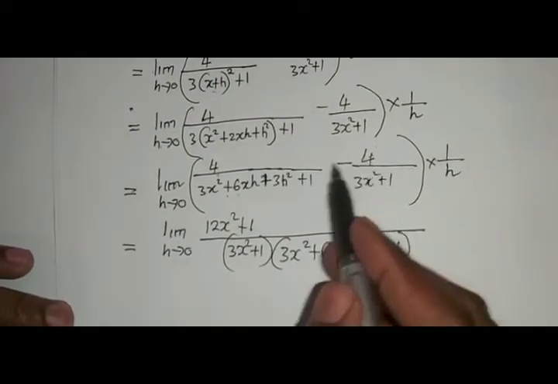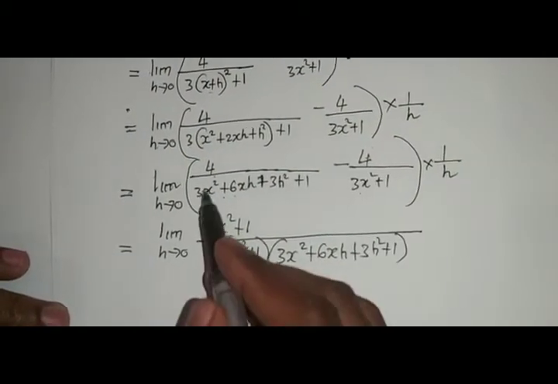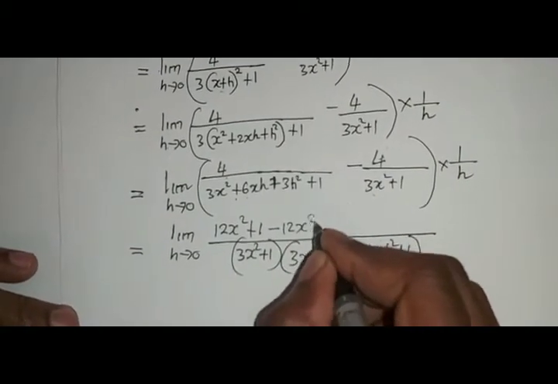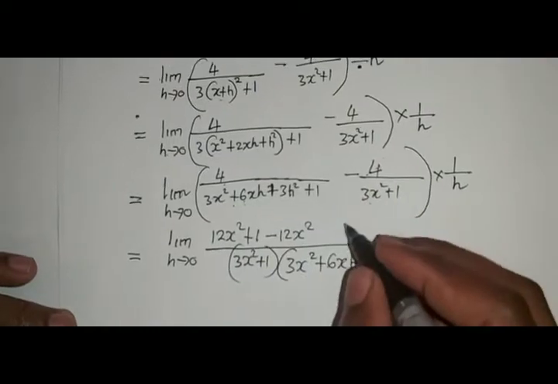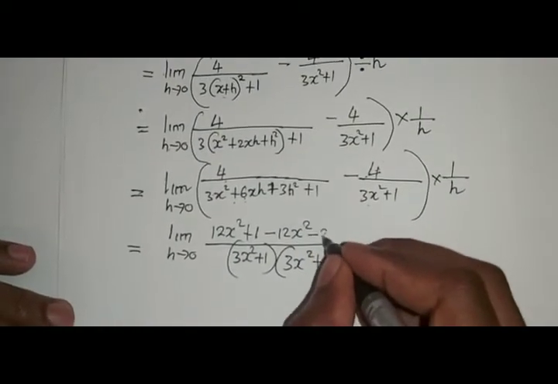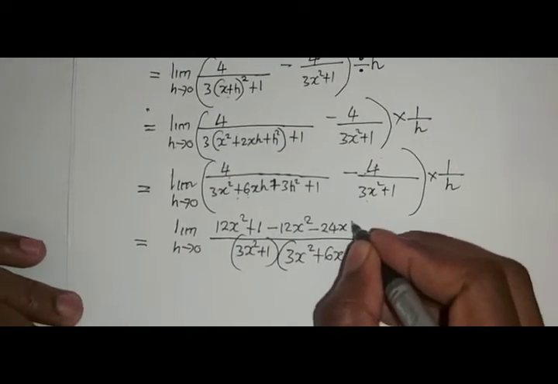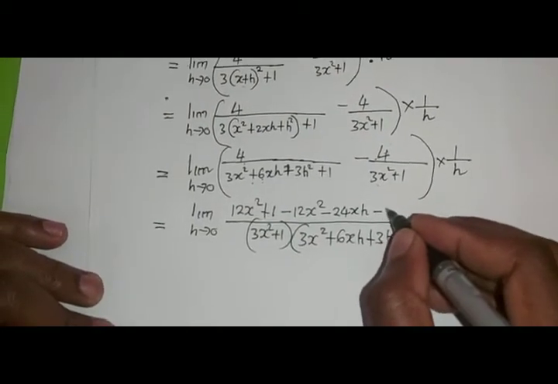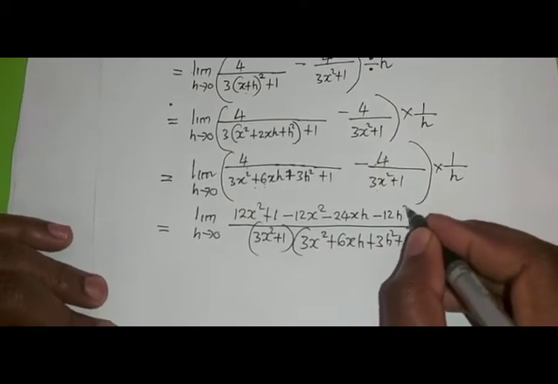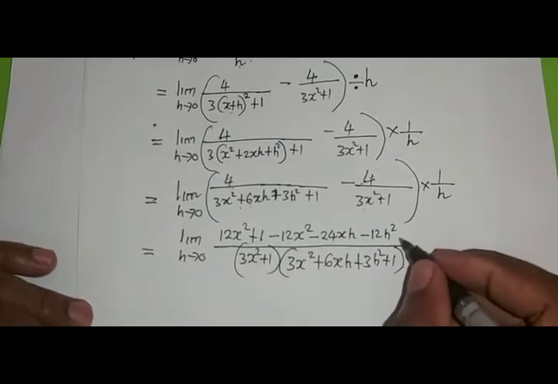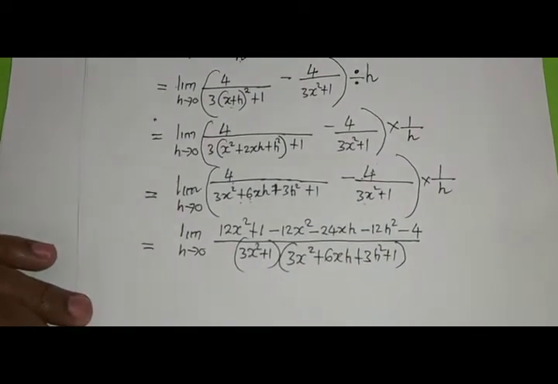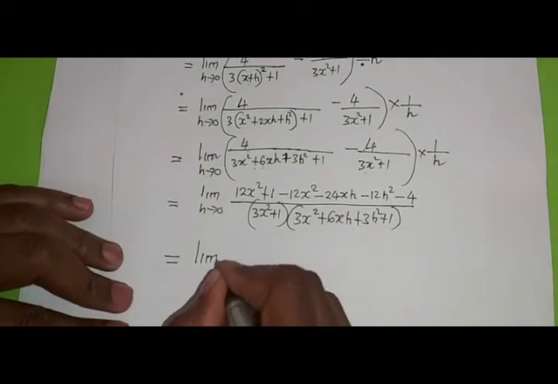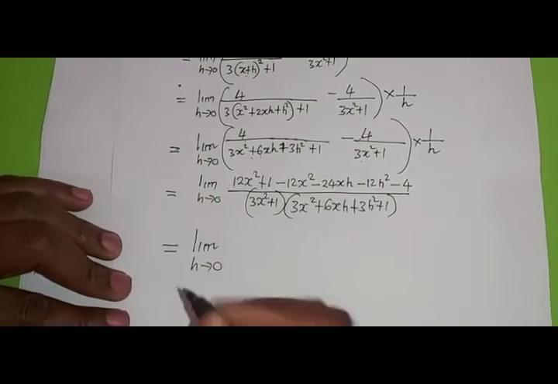Then I cross multiply here again. Minus 4 times 3x squared, I get minus 12x squared. Minus 4 times 6xh, I get minus 24xh. Minus 4 times 3h squared, I'll get minus 12h squared. Minus 4 times 1, I get a minus 4, which is now equal to the limit as h approaches 0 of,